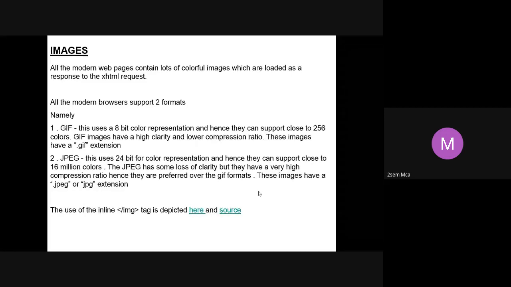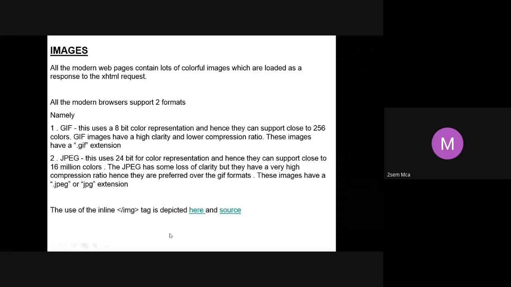To display any image, we are using this image tag. All the modern browsers support two formats of images, that is GIF and JPEG.